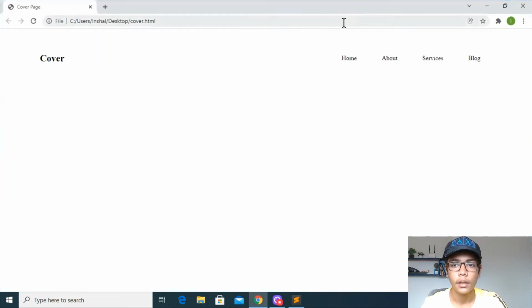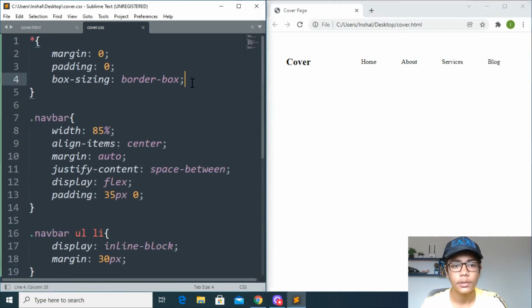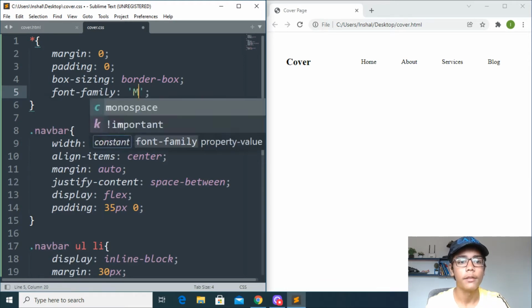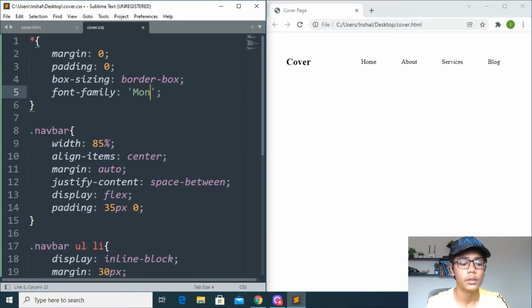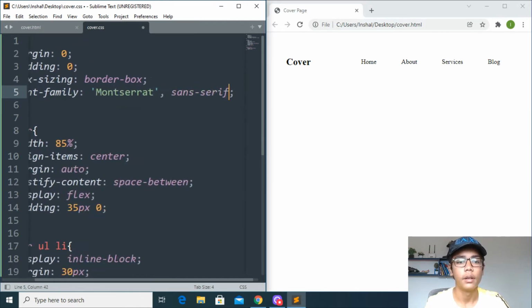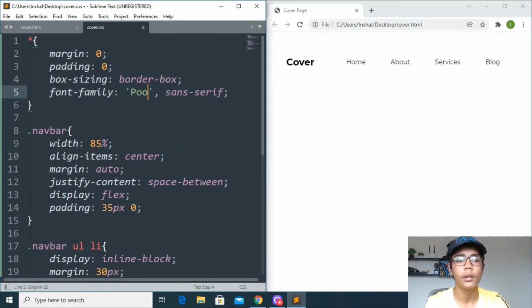So you can see it is good looking, but its font is not looking good, so we can change its font also. Simply I will be coming here and writing font family, which should be like Montserrat. So just simply do that, and when you have done that, I will be writing Montserrat, sans serif here, and then save that and hit refresh. You can see it is in Montserrat, but if you want other fonts, you can do that, like I will be doing Comic.